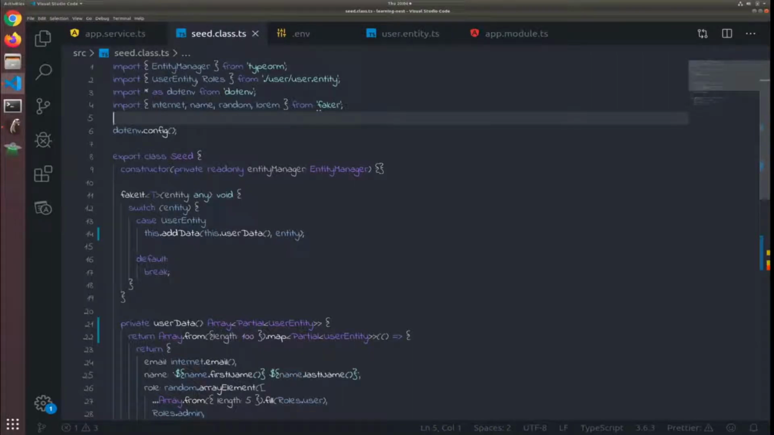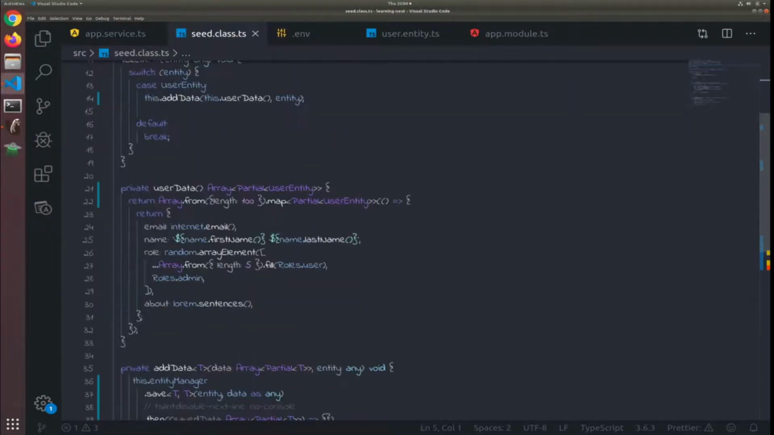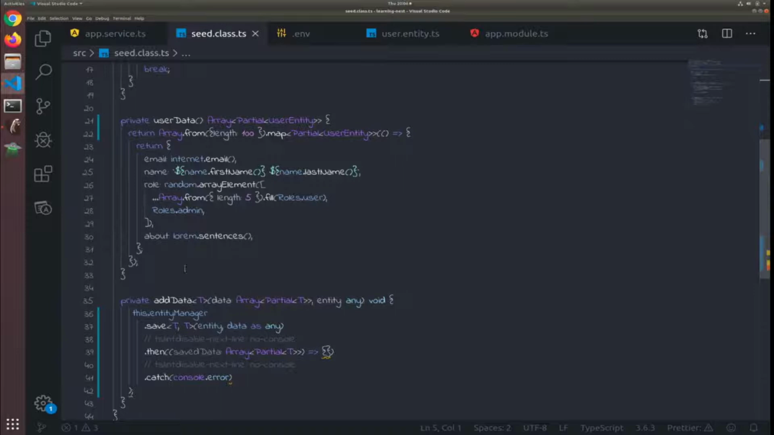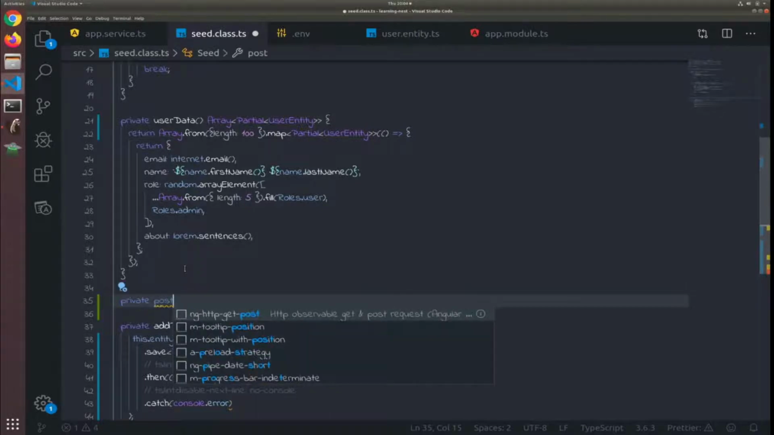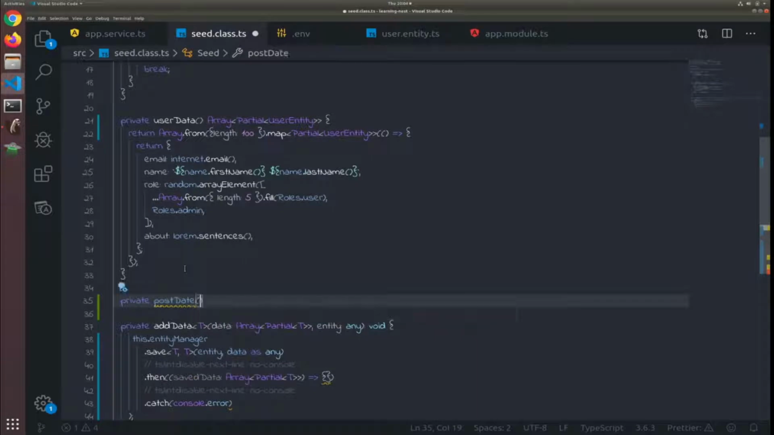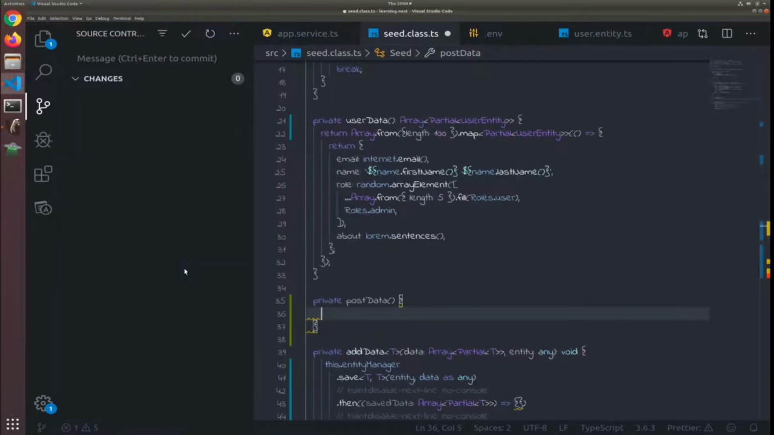Okay, let's work on generating fake data for the post entity. So, I think a good place to start is to start writing the function that will use Faker.js to generate the fake data, and each time we face a problem, we will go implement a solution. So, post data, not date. Okay, and